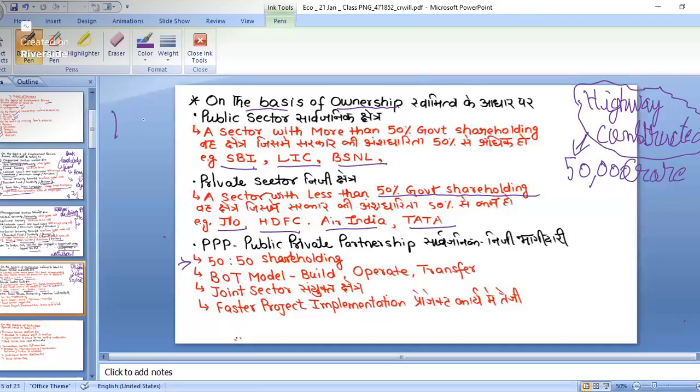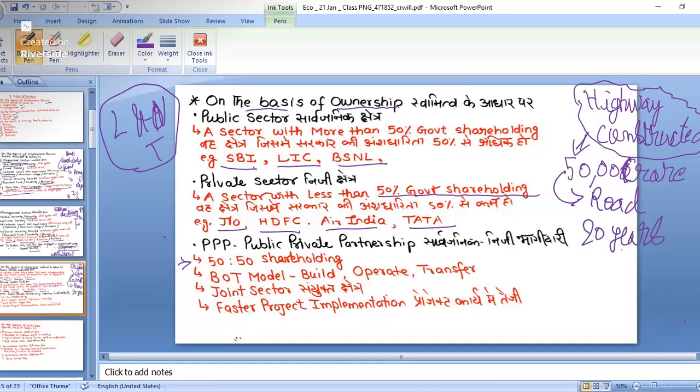Like we have Larsen and Toubro, L&T. Various companies are there. Suppose they want to give it to Larsen and Toubro. In that case, they'll say you need to invest 5,000 crore, and they'll ask them to construct the road, and for the next 20 years,